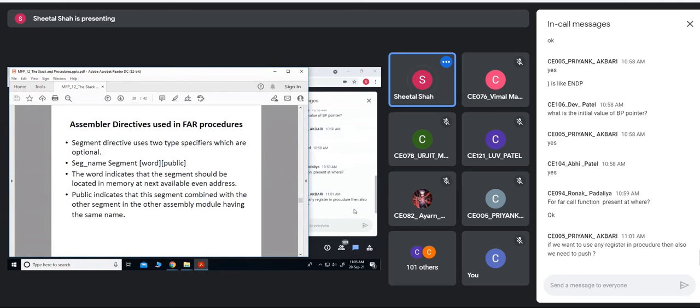I can write two different .asm programs with two different code segments, because one ASM program would have one code segment and the other ASM program might have the other code segment. These two code segments, if they have the same name, can be combined together, provided I write PUBLIC with this SEGMENT assembler directive. Are you getting this?